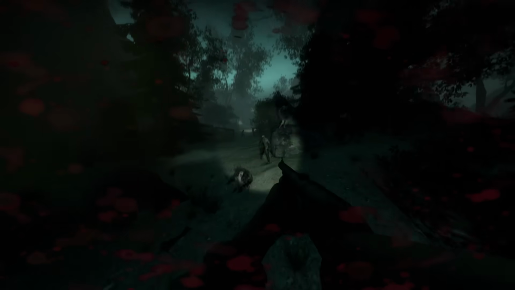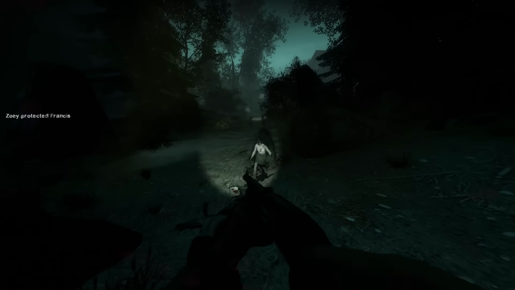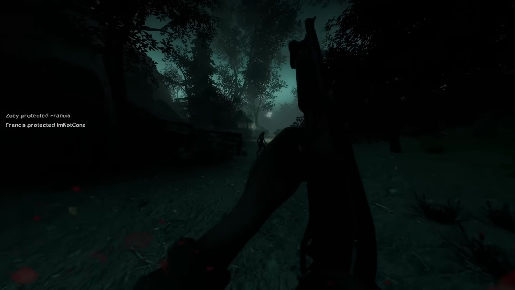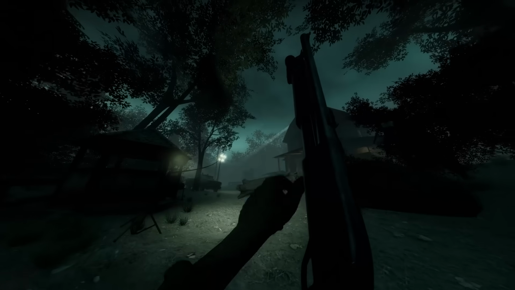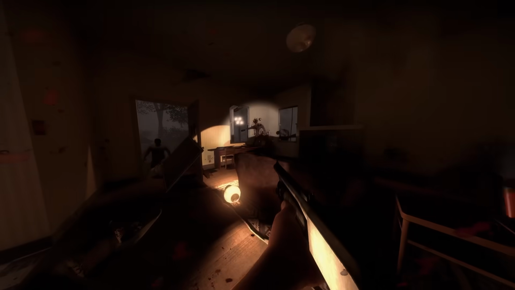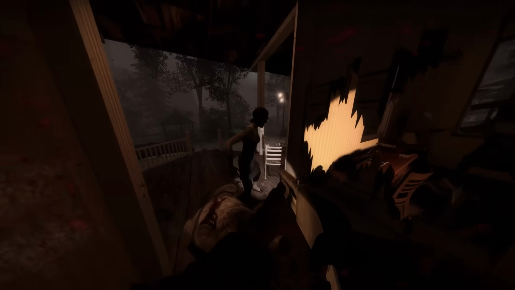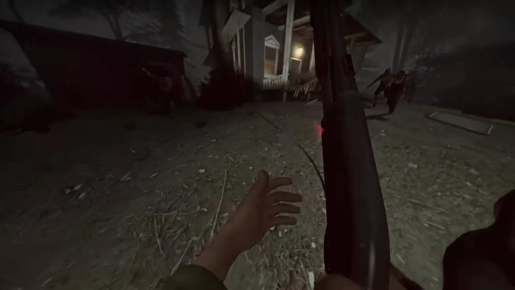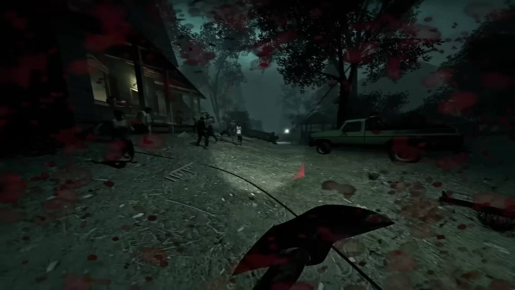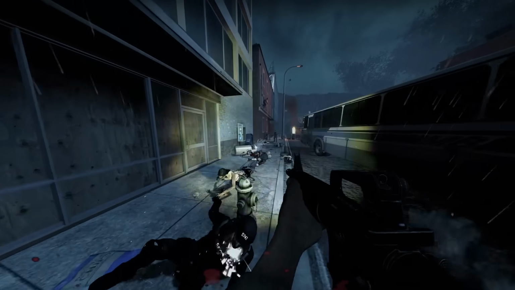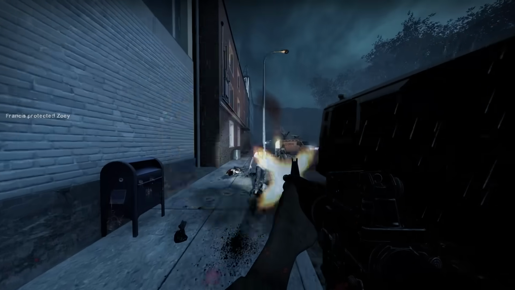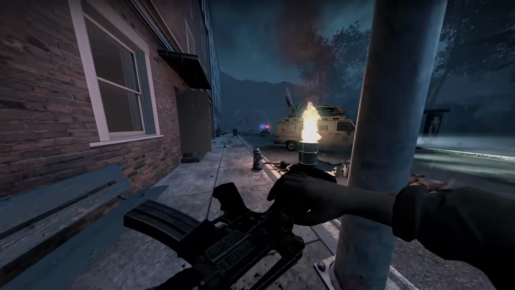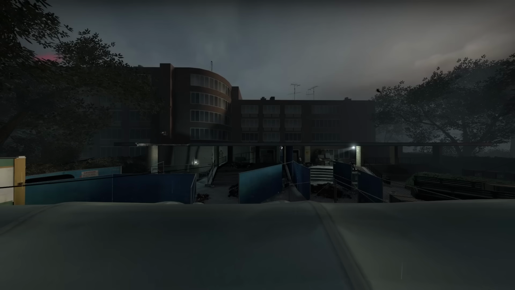We're back with another custom campaign breakdown, and up next, we'll be going over one of the best campaigns on the workshop, Back to School. This is a fantastic custom map. The presentation, the level design, the innovative mechanics are among the best I've experienced. This campaign is 6 chapters long, and it's full of small details and Easter eggs, and despite being a custom map, this campaign actually ties into the main story of Left 4 Dead in a very clever way. This is going to be a long one, so, without wasting any more time, let's break down the story behind